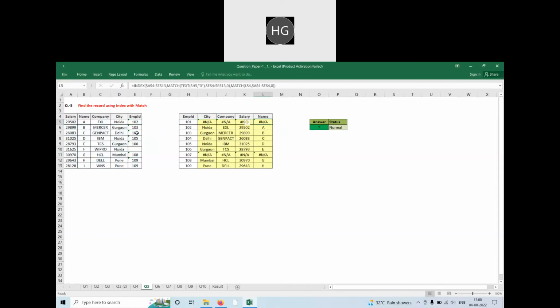If you want to remove NA, then you can use the IFERROR function before the formula. If the formula returns an error, in that case what I want to see is a blank value. So you can use a blank value anywhere, okay friends. So easily you can use this formula.